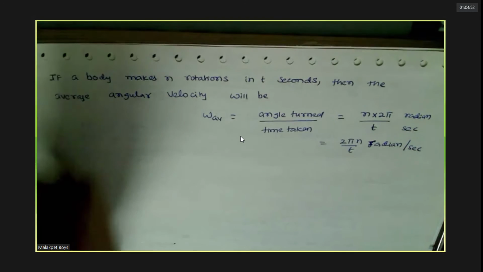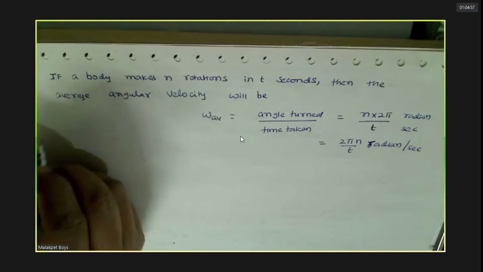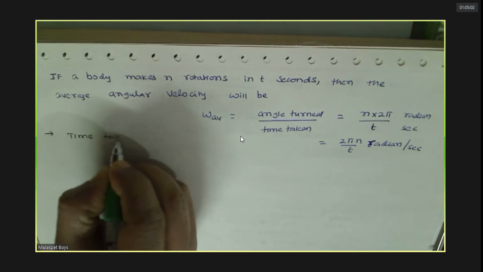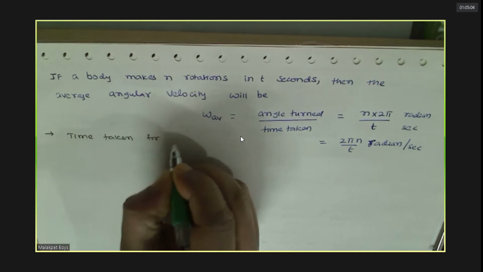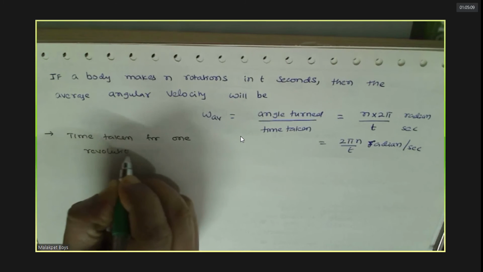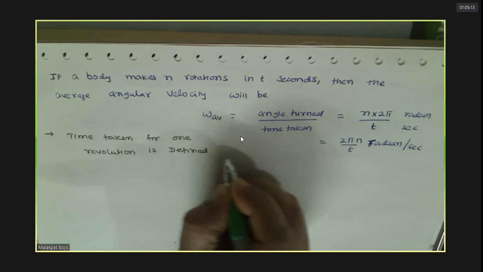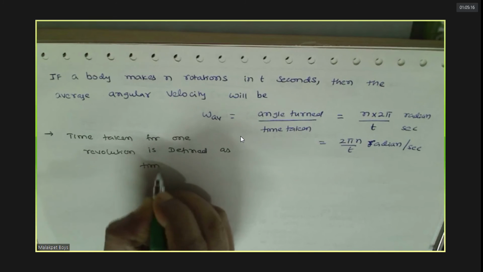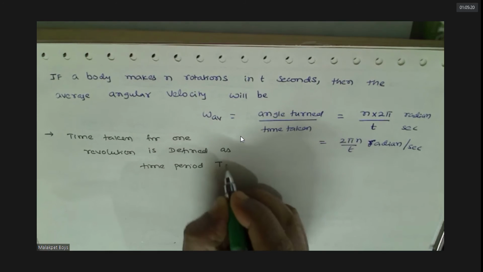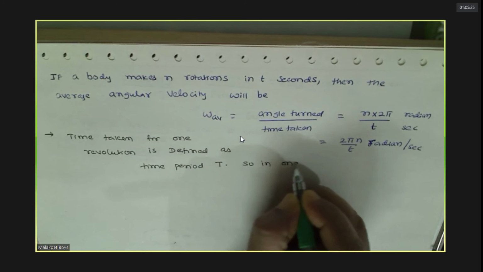How do you define time period? You know, no, in school. Time taken for one revolution is defined as time period. Agreed or not? Yes, sir. So, in one time period,